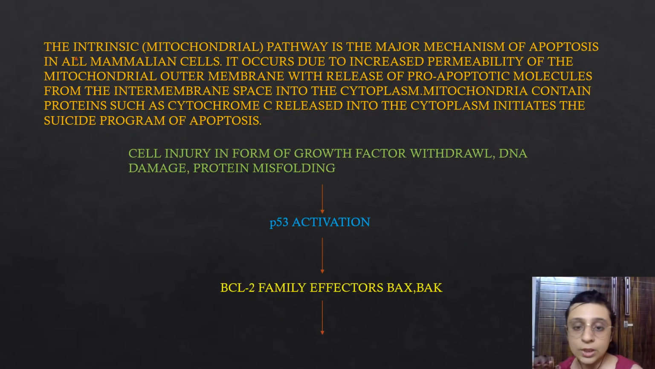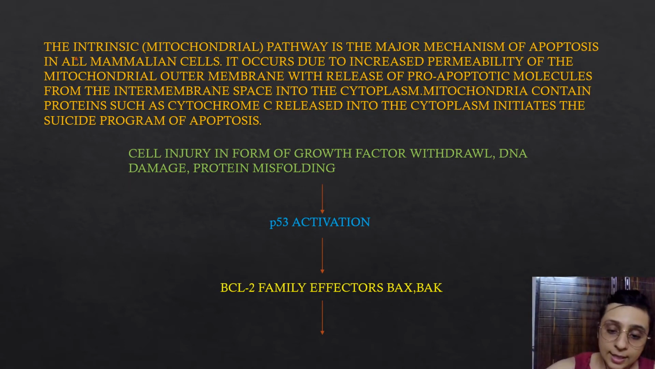Then the next thing you need to remember is the intrinsic pathway. The intrinsic pathway, or the mitochondrial pathway, is the major mechanism of apoptosis. It occurs due to increased permeability of the mitochondrial outer membrane. In simple terms, when a cell realizes that it has to undergo death, that yes, I have to now die,